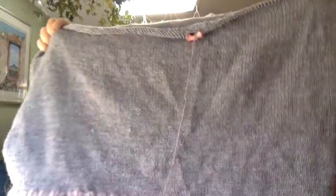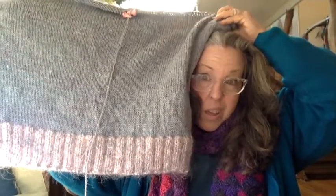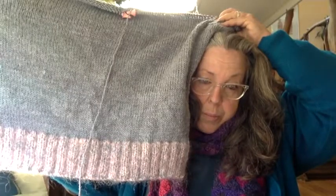Knitting. Work in progress. I'm still working on my jumper made out of vintage yarns, vintage DK wool, merino I'm assuming, and vintage mohair, pink vintage mohair, held double, the bottom. It's quite boxy, so I'm quite looking forward to that one. I don't know if I shall get it finished before next winter. Moving on to fluff,